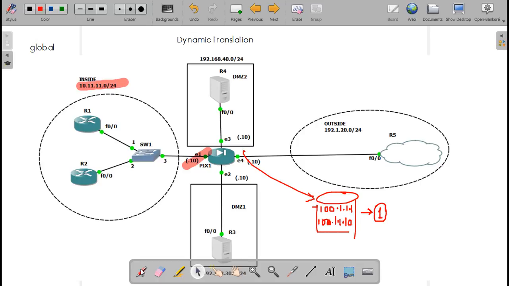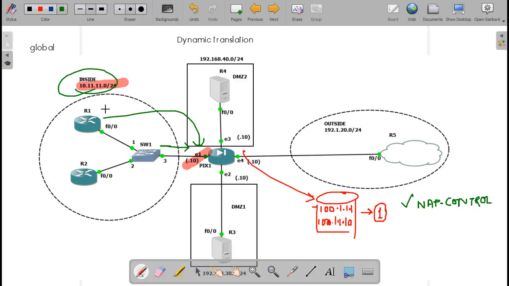As of now what will happen is the packet will come from R1, the packet will come to the firewall. The firewall will see the NAT control feature is on. Good. It will check the rule. Yes, there is a rule: the packet is coming on the inside interface and it is coming from network 10.11.11.0.